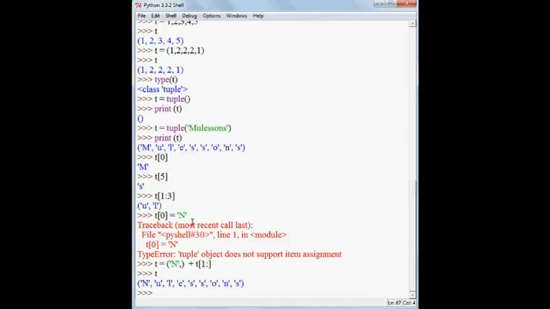I was telling you earlier that you cannot modify a tuple, but you can replace some element of a tuple. This is how you can do that. You created another tuple for replacing some element.